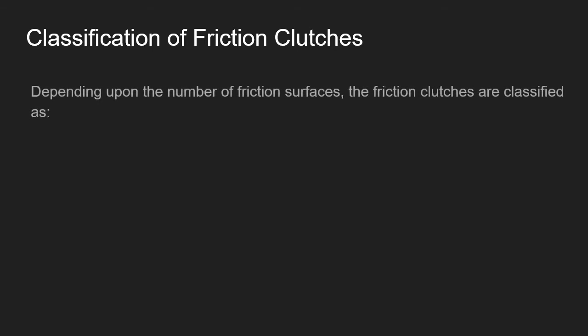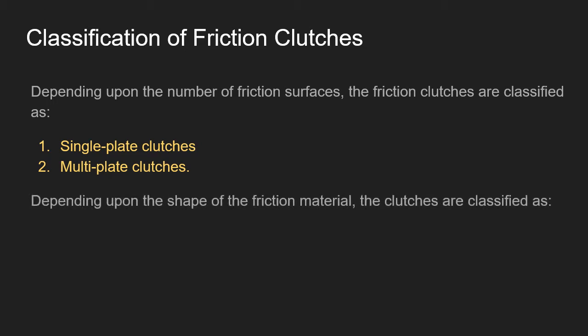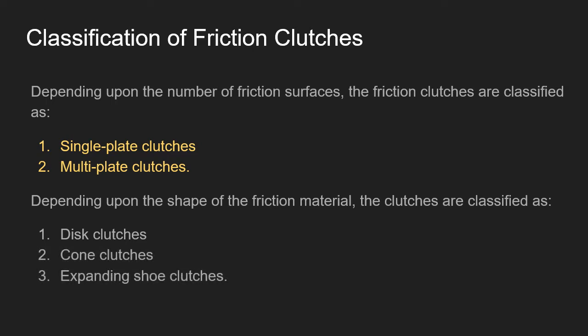Depending upon the number of friction surfaces, the friction clutches, as we mentioned, are classified into single plate and multi-plate. All right, and depending upon the shape of the friction material, friction clutches can also be categorized into disc and cone clutches. And there is also something known as expanding shoe clutches, right? So these are the three categorization of friction clutches based upon the shape, and based upon the number of friction surfaces, we have single plate